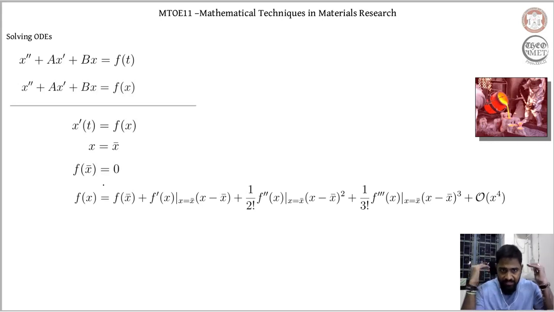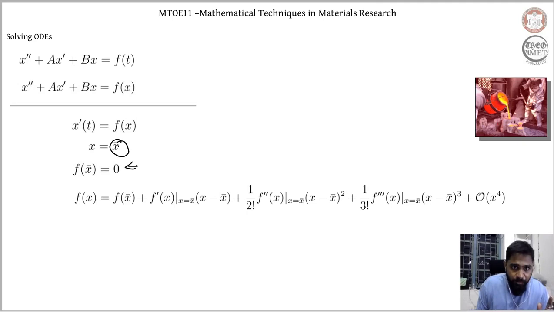So when I have such surfaces, the atomic positions wherein the momentum is 0 give me an expression like this. And that position I assume to be x bar, and it gives me an expression like this. Now with respect to the x bar position wherein my momentum is 0, I'm expanding my f of x, which dictates how my momentum is going to change with respect to my position.